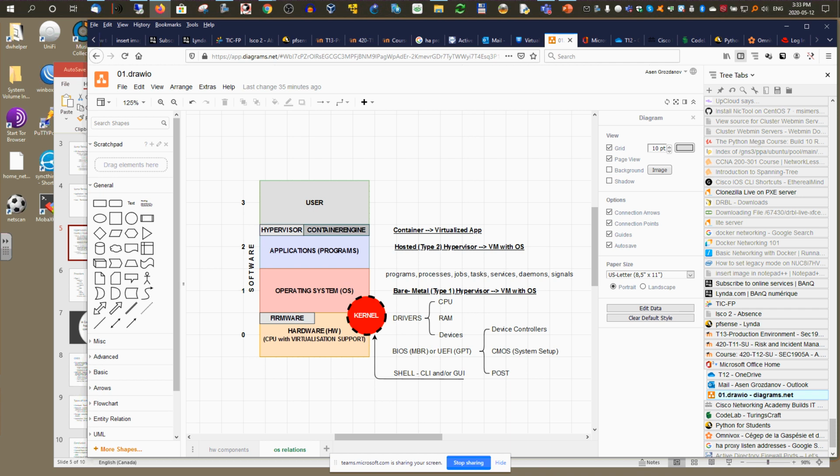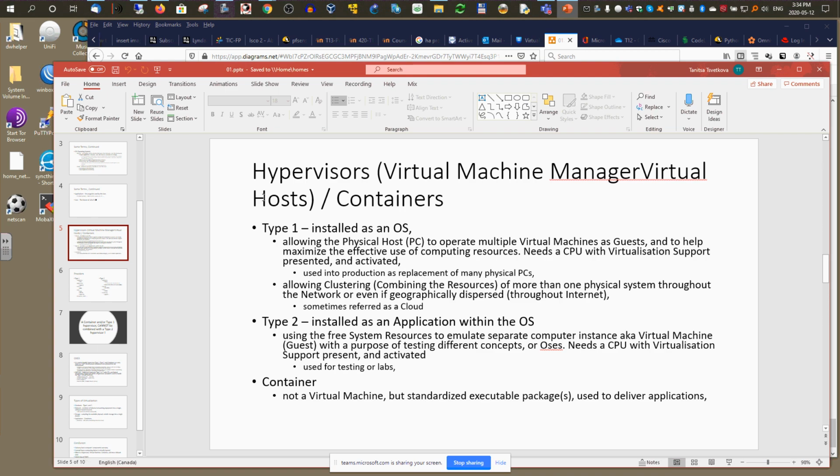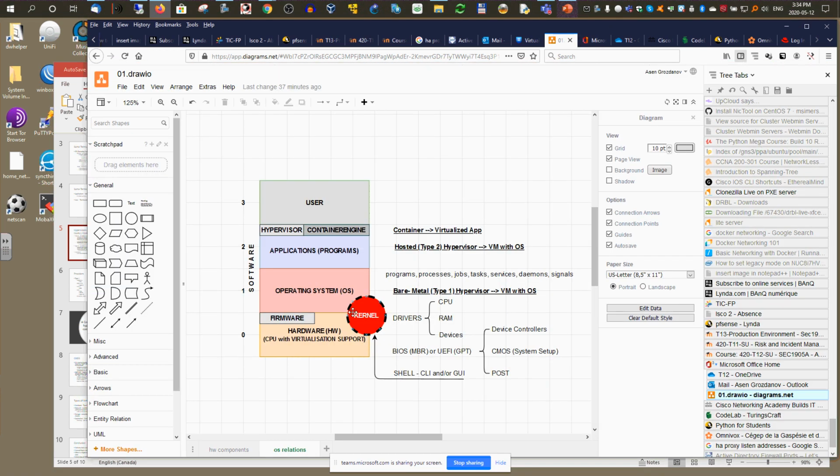So all of this was just an introduction for me to start with the hypervisor. As Chaitanya just mentioned, these are the hypervisors. So we're going to speak about type 1 and type 2 hypervisors mostly. And the difference between them is that the type 1 hypervisor is installed as an operating system. Okay, so actually you have the bare metal, or the hardware, also called hypervisor, which is installed as an operating system, and then you start installing